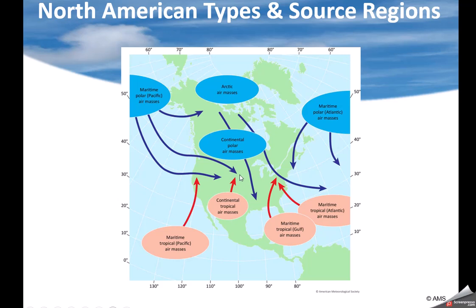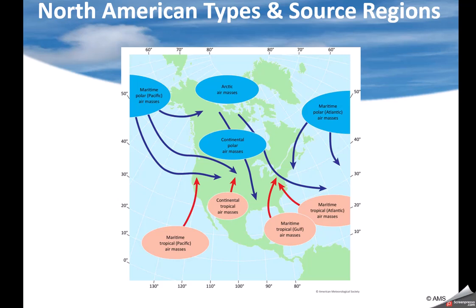In the wintertime, we get air masses that form up over central Canada. When cold air comes in, they're typically air masses that have formed over that area. We can also get some air masses that form over the northern Atlantic or northern Pacific. When they come in, it's more humid, but it's still cool, not pleasant necessarily. Sometimes they come down along the east coast of the United States.